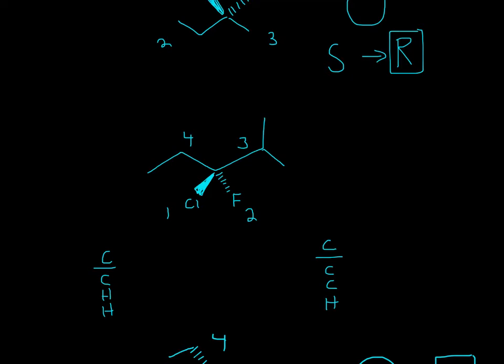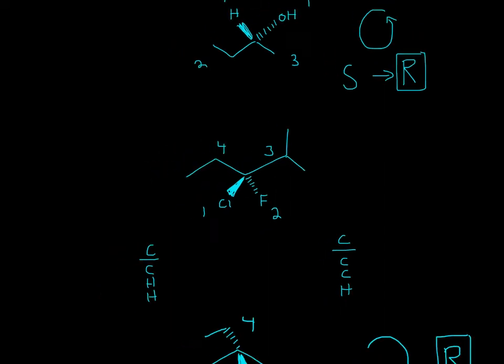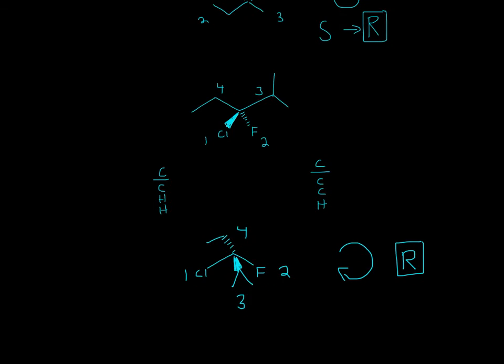So now we look at it and say 1, 2, 3. But the thing is, in this case, we don't know if the fourth substituent is facing into or out of the page. It's in the plane of the page. So what do we do in this case? Well, in this case, you have to rotate it. If you imagine a pencil sticking into this molecule, and then you turn this entire molecule on the pencil,